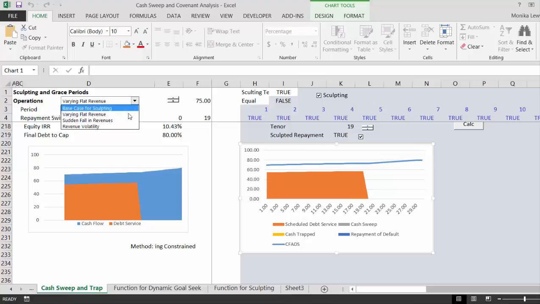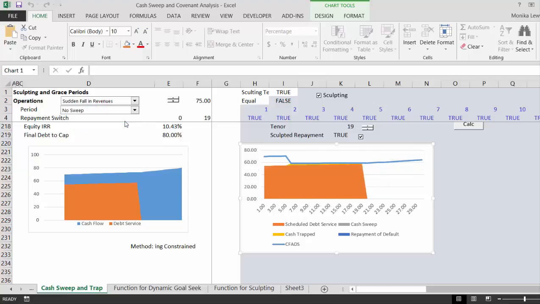However, when we have this sudden fall off in revenues, then if you do have a cash flow sweep, at least we got to pay off some of our debt. And if you put this low enough,